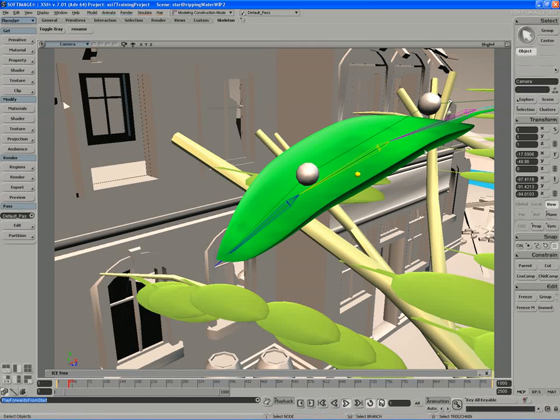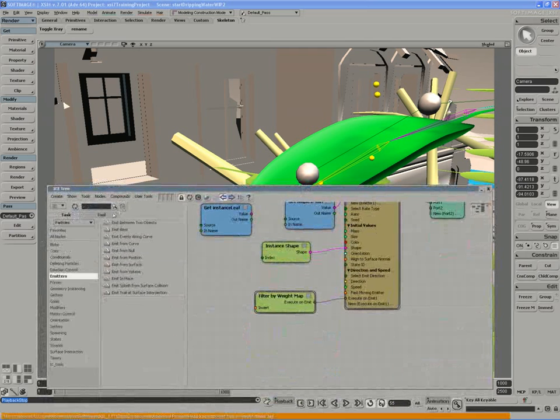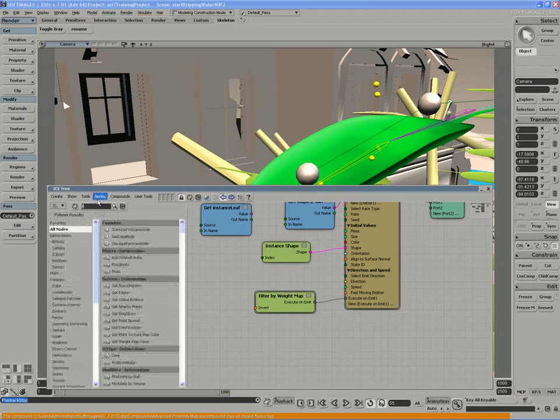Next, we need to look at randomizing the rotation of these leaves. We also want to keep them aligned to the camera that we're looking through. To do this, we're going to use a couple of nodes available to us in the Turbulence modifiers, I should say the modifiers. If you actually look under the Turbulence